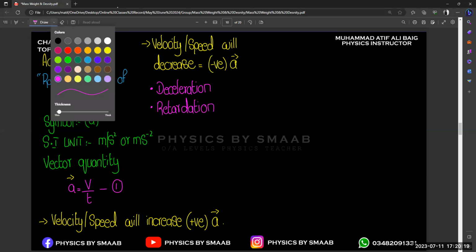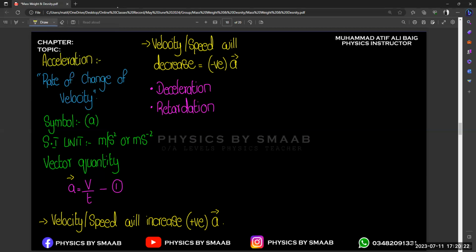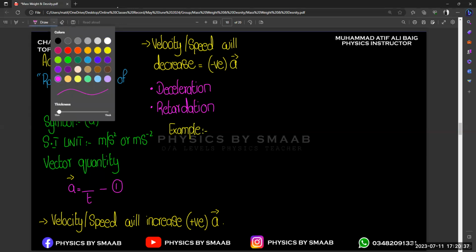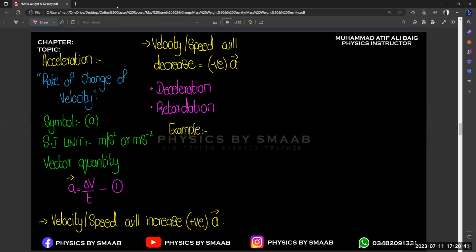Okay, just writing a number for example, if someone is not getting the point of how it will be negative. Let's suppose we have an initial speed. Let's make it delta v, because there is a change in speed. It is better to write delta v because it gives you a concept of change. So let's suppose we are moving with an initial velocity of 40 meter per second, and our final velocity is 25 meter per second. Observe, initially we are moving with a greater speed, then with a slower speed.